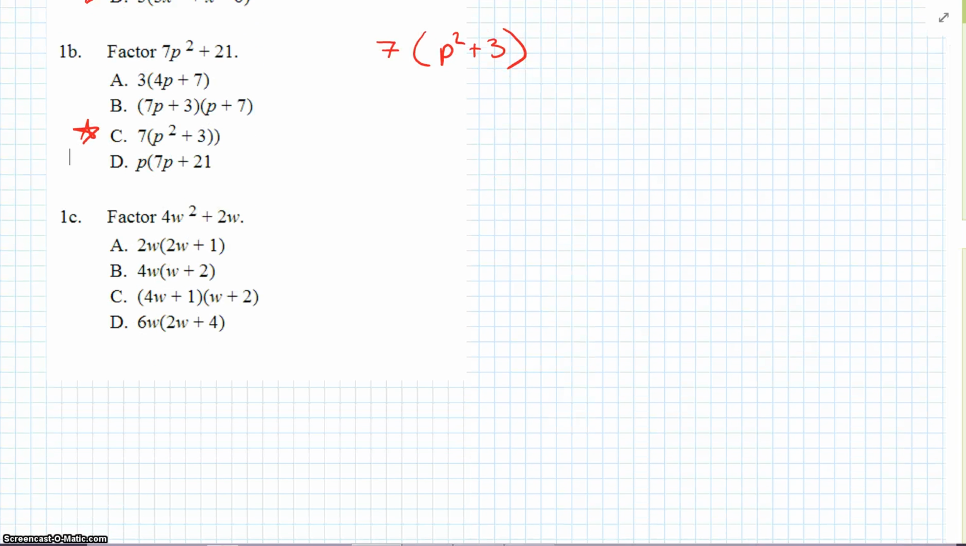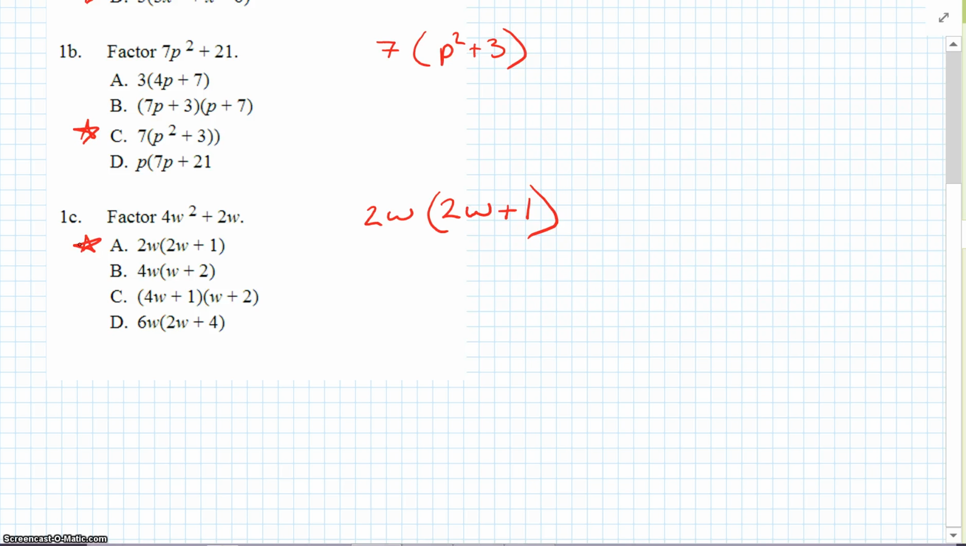Easy enough. 4w squared plus 2w. Well, a 2 and a w. So the first term, I'm still going to have a 2 and a w left. And the second term, it's just going to be 1. So it's 2w times 2w plus 1. Okay. Always look to see if we can factor something out of the terms right off the bat. We always look for that. Okay, now,